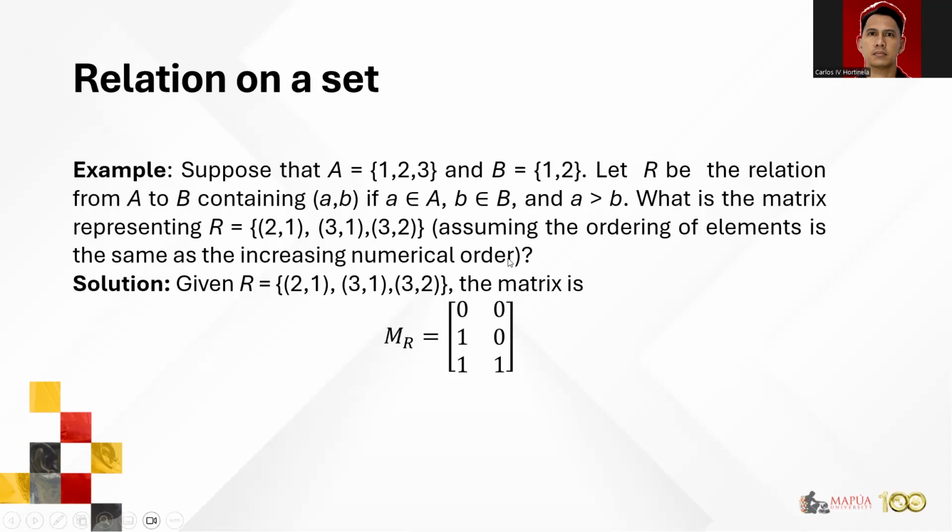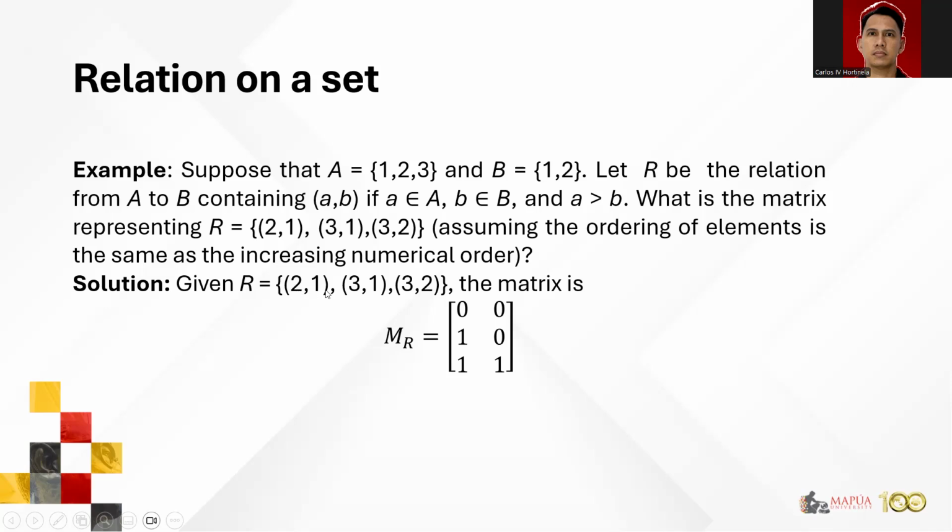Okay, you would see that the element located on the first row, first column is 0. It's because there is no element 1, comma 1 in my relation set. Okay, therefore it's represented as 0. You will notice that the first row, second column element in your given relation matrix is also 0. Why, sir? Because there is no ordered pair 1, comma 2 in your given relation set. So the first element will always pertain to your row. The second element will always pertain to your column.